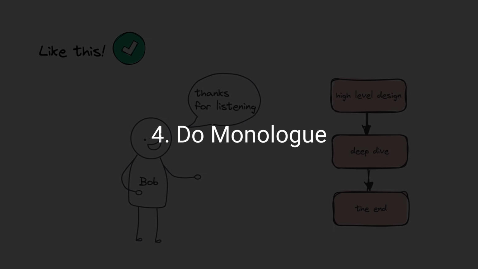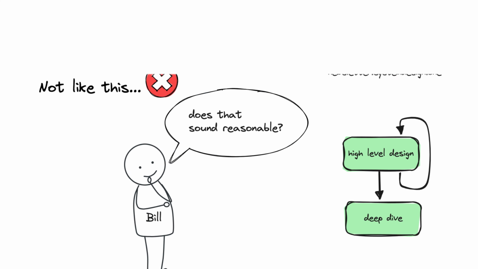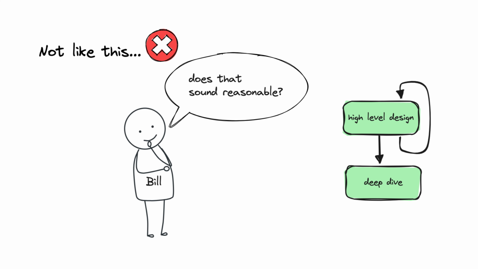Bob didn't have a two-way conversation with the interviewer and tried to finish the design fast. Bill often asked for feedback and adjusted his design. With every architectural decision, he asked the interviewer, "What are your thoughts on this approach? Is this trade-off acceptable?" Besides, he shared each assumption with the interviewer and admitted the knowledge gaps when he got stuck. This helped to get hints from the interviewer.